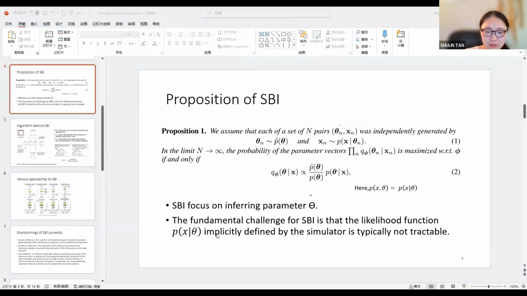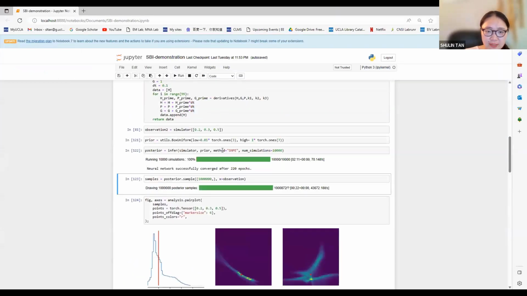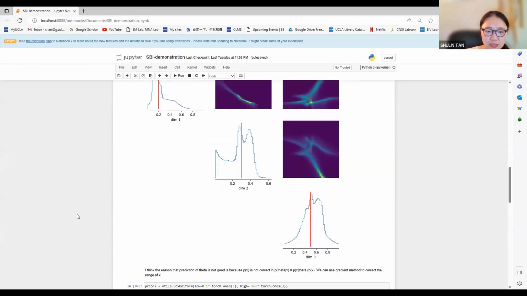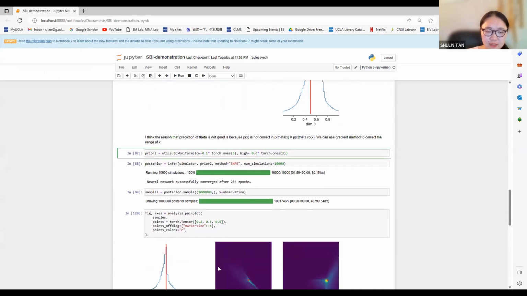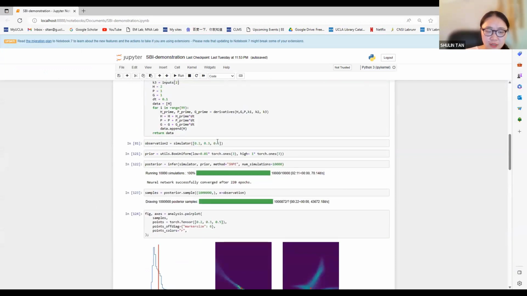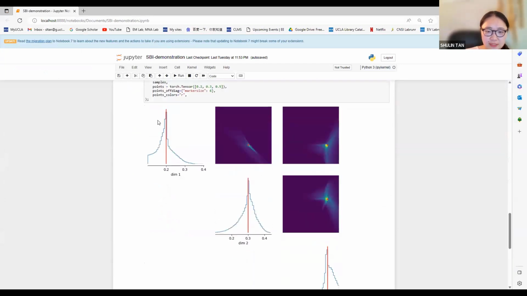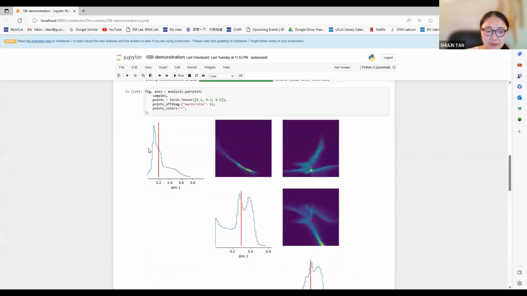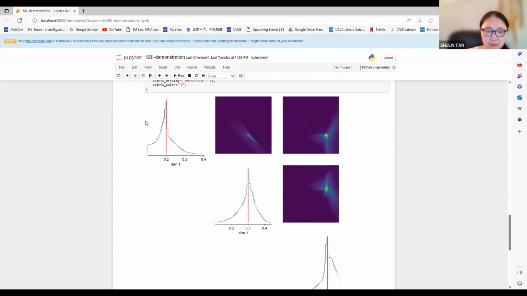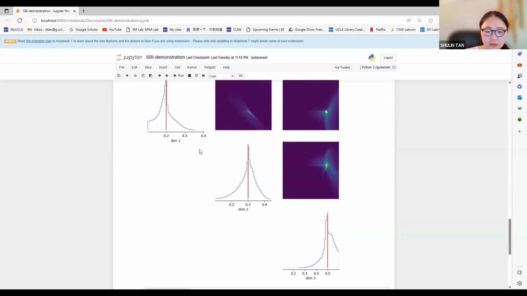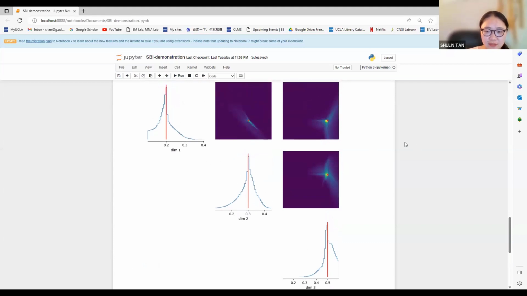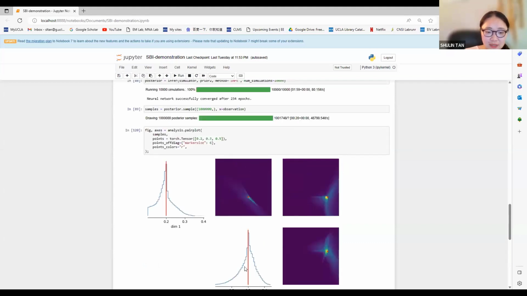in my experiment: rather than setting a prior of like 0.01 to 1, I shrink it to 0.1 to 0.6, which is closer to my real parameters, and it actually looks better. So you can see that rather than having a big deviation in the inference, if I shrink the range of the prior, the result is actually much better. Yeah, so this is what I found,